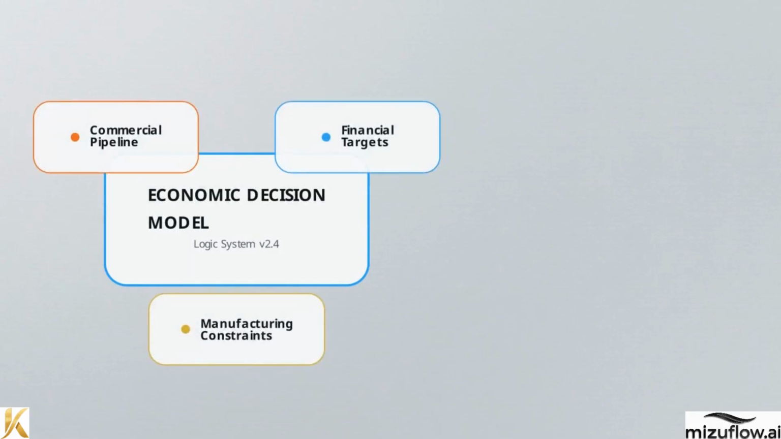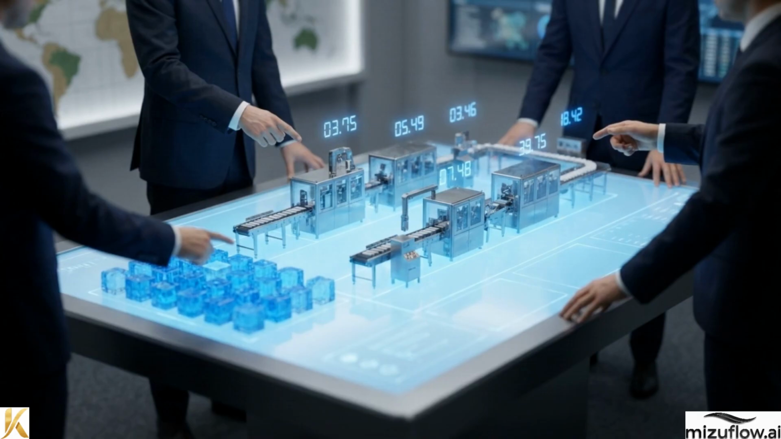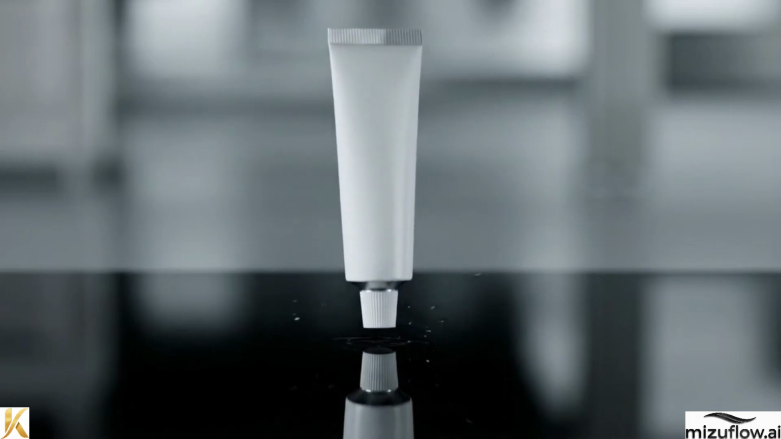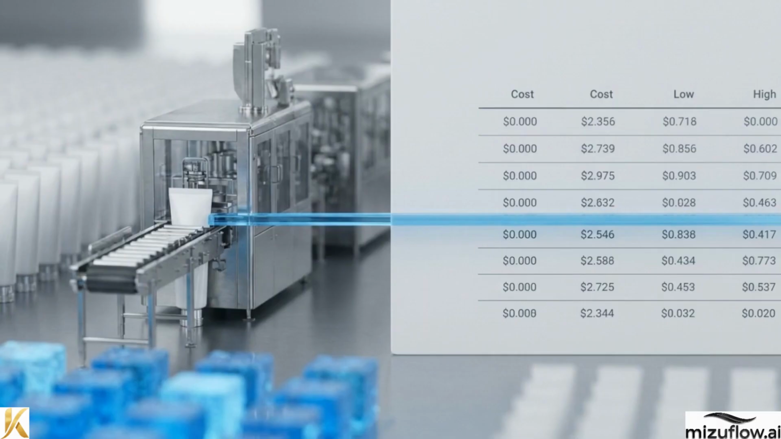Resolving this tension requires abandoning static reporting in favor of an active, computable economic decision model. By connecting the commercial pipeline, manufacturing constraints, and financial targets into a single logic system, management can quantify the exact trade-offs of any decision across all departments simultaneously. We are going to build this model from the ground up, starting with the baseline unit economics of a single product. Because enterprise value is generated when the physical reality of the factory floor is mathematically welded to the financial